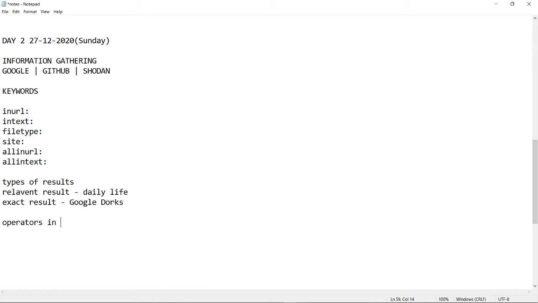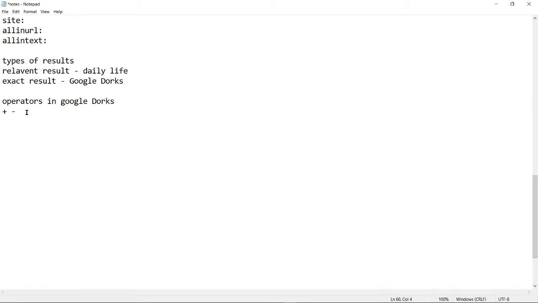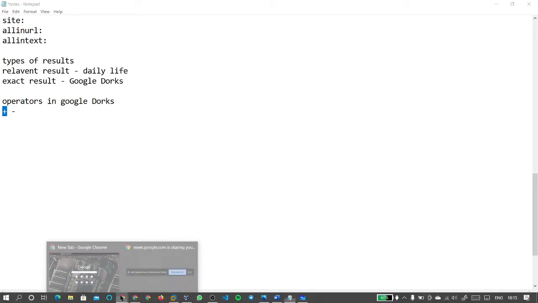Operators in Google Dorks: they have plus and minus. These two are the operators present in Google Dorks. You can use these operators in such a manner that it will become a complicated one.